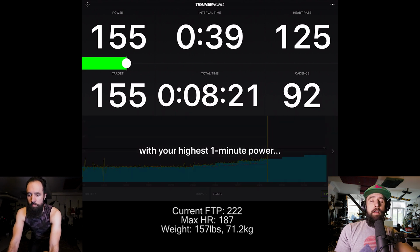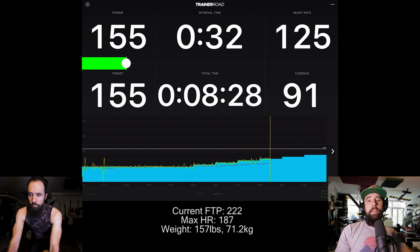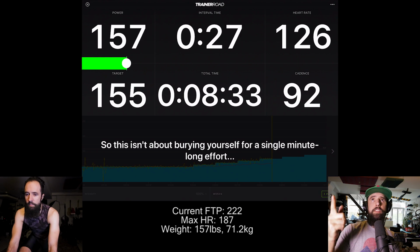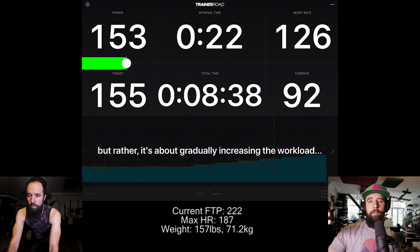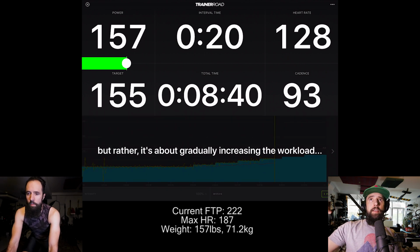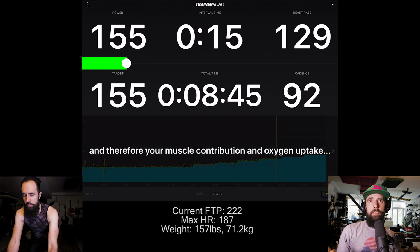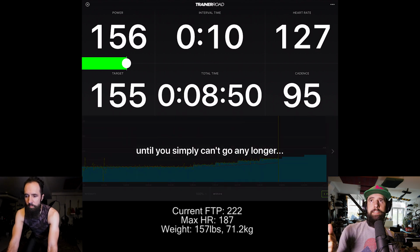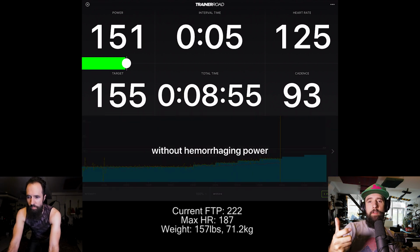I use it in erg mode on my trainer. I have a smart trainer, the Tacx Neo, and when you put it in erg mode, you don't have to change any gears. Right now on this ramp test, the computer, I'm using my tablet, an iPad, is controlling the trainer. So it's creating more resistance every minute. All I have to do is keep my cadence steady, and it'll create that resistance